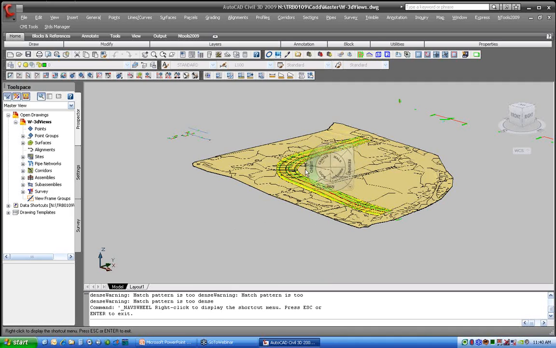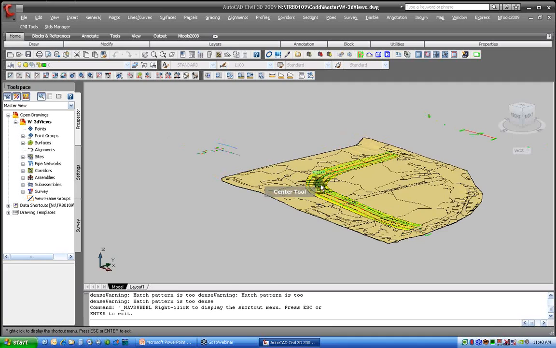All right, so a couple of things I'll start off with. There's an option here for center. So I'm going to pick center, and then put my cursor right there on the roadway, and it'll actually move that to the center of my view. So now if I come and do zoom,